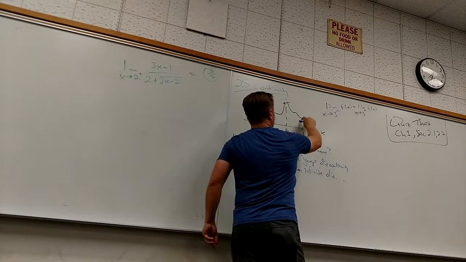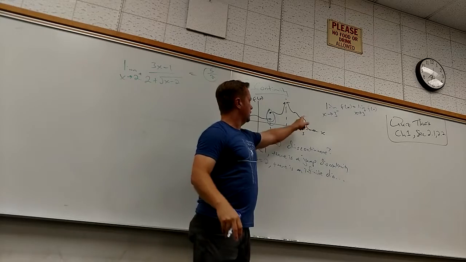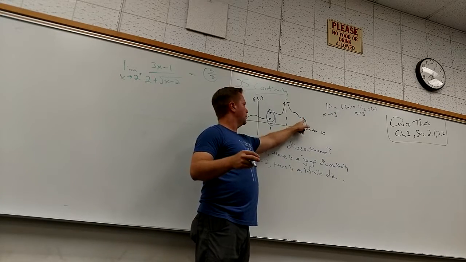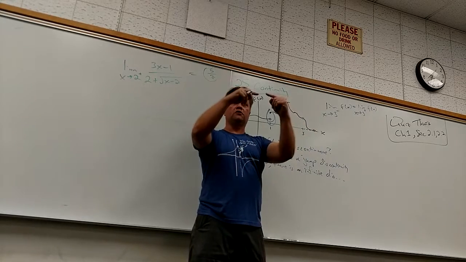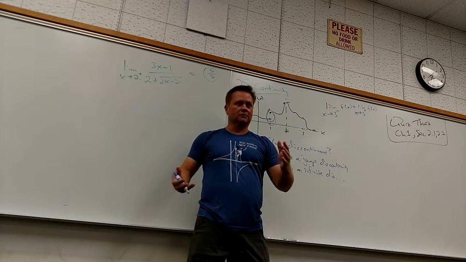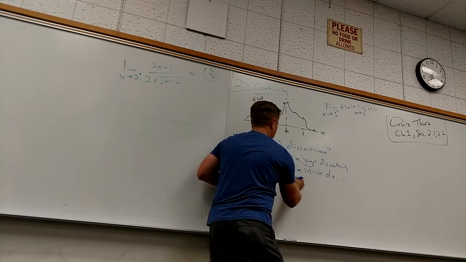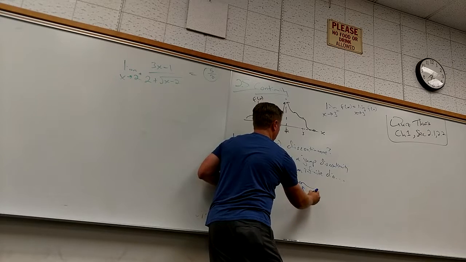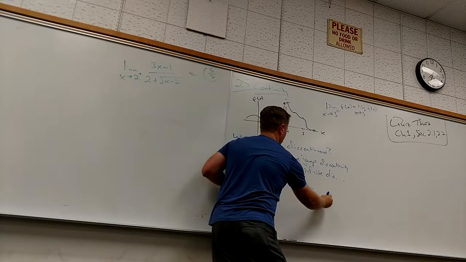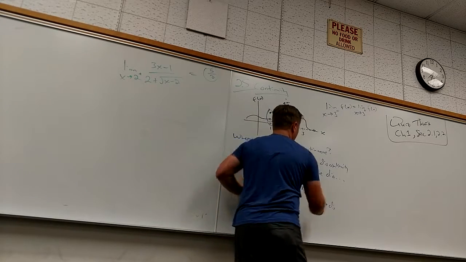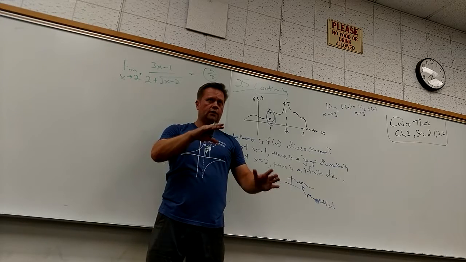But I could very easily do this, and that would be discontinuous. This one is kind of neat. This one would be called a removable discontinuity. If there's a hole somewhere, you can remove it by just filling that hole in. So this one would be called a removable discontinuity. If you want to put a little note, this is removable. Removable. Isn't that an awesome word?